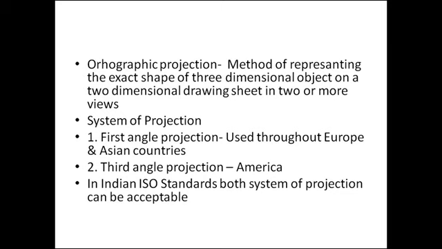We assume an imaginary horizontal plane and vertical plane. When both the planes intersect with each other, four quadrants take place. When we assume our object in the first quadrant and follow this system for drawing all these orthographic projection views, that is called first angle projection. And when we imagine our object in the third quadrant and then draw the front view, top view, and side view, that is called third angle projection.